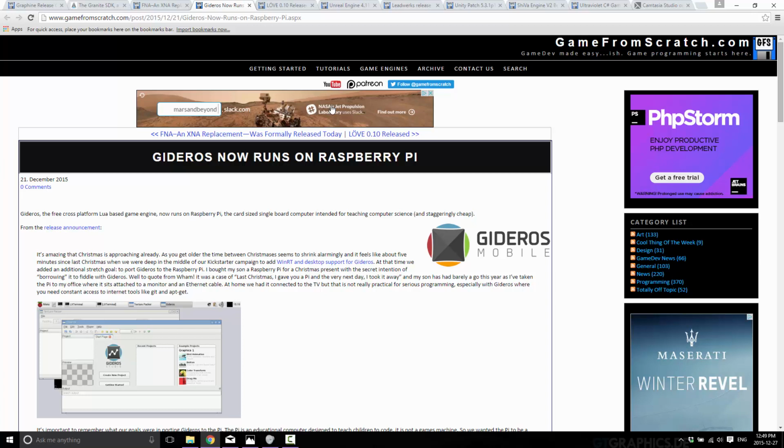And that's where Gitaros comes in. It's basically so you've got something you could run on your Raspberry Pi. Now at the same time, Raspberry Pi is not a beefy machine by any definition of the word. So the Gitaros port is not going to be blazing fast by any means. It's more of a curiosity or a learning tool than anything else. But if you're a Raspberry Pi enthusiast, definitely some interest there.